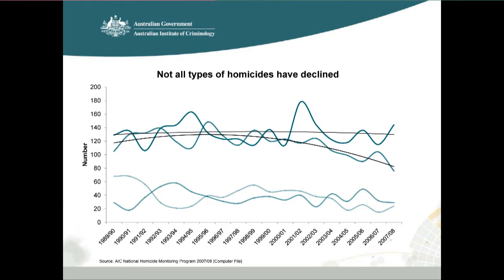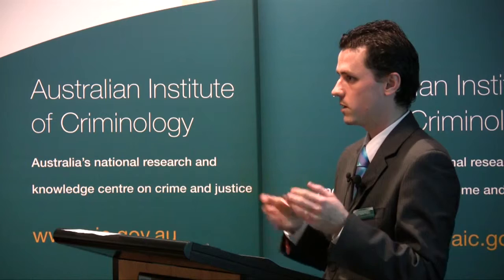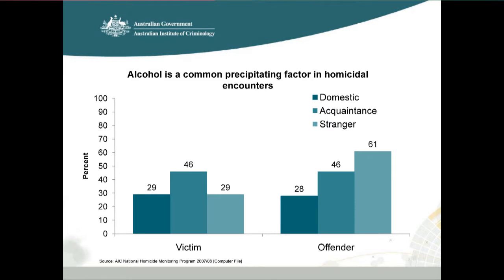So what we're seeing is the drive in homicide declines is predominantly being driven by friends and acquaintance homicides and not domestic homicides. It means that domestic homicides are just as frequent today as they were almost 10 years ago in terms of number, which of course is of great interest to policymakers in terms of that issue around intimate partner homicide and family homicide. And the other two are basically stable, with the exception of a few minor blips on the map, but otherwise no major change there.